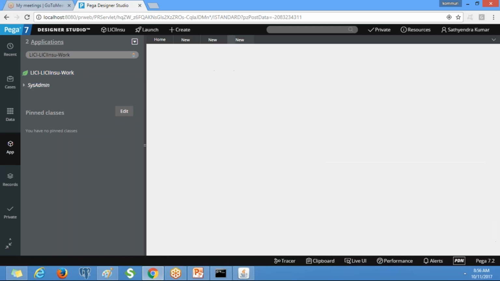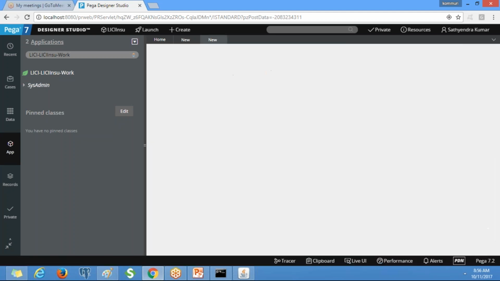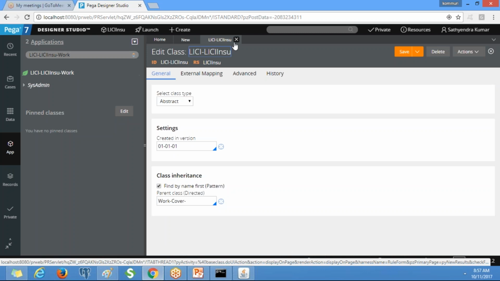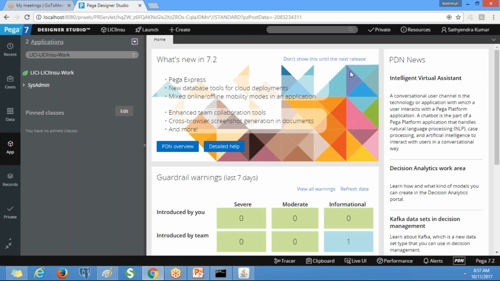So now we need to define everything under this class. Clear, or any confusions or doubts? Okay, this is about manual creation in PRPC.